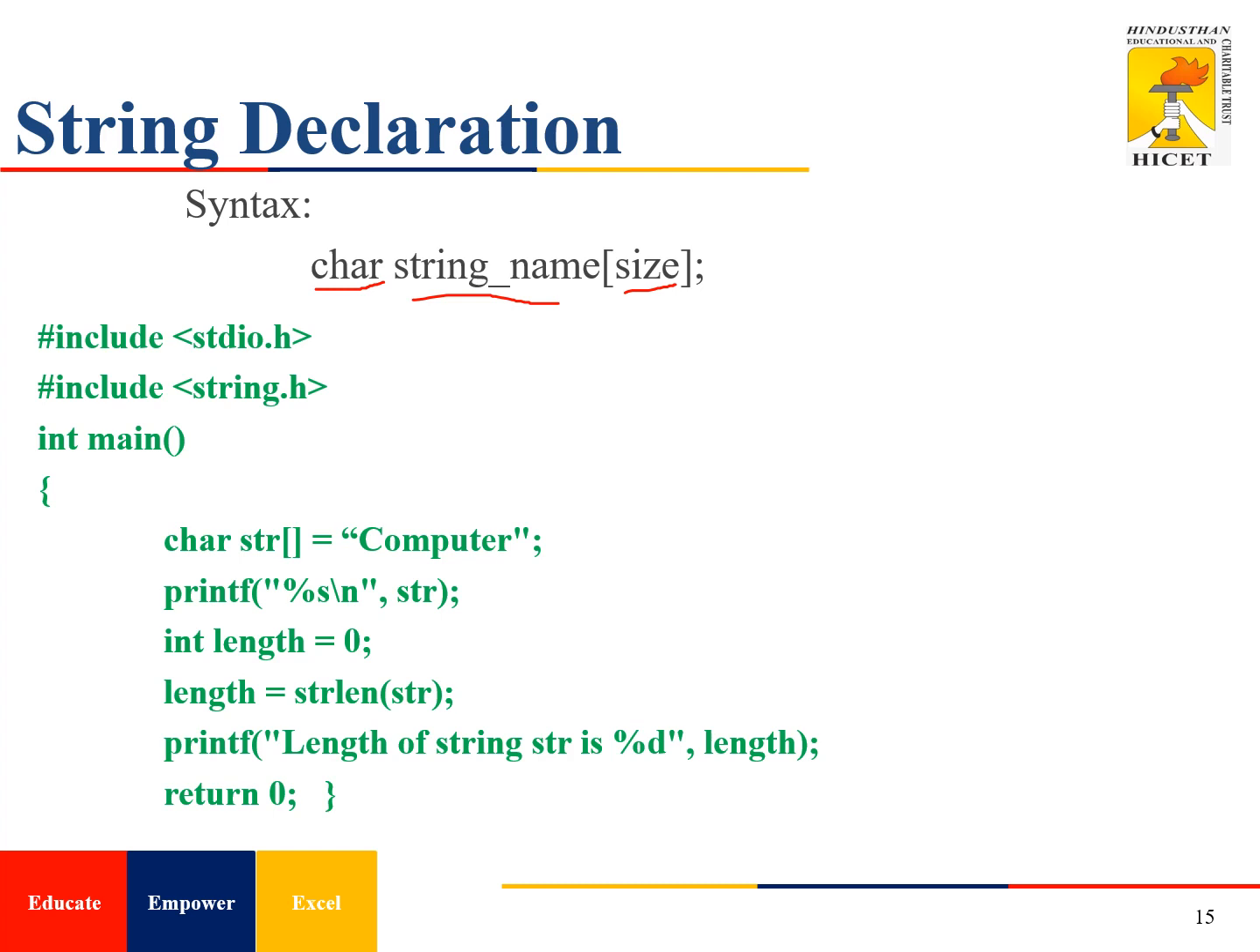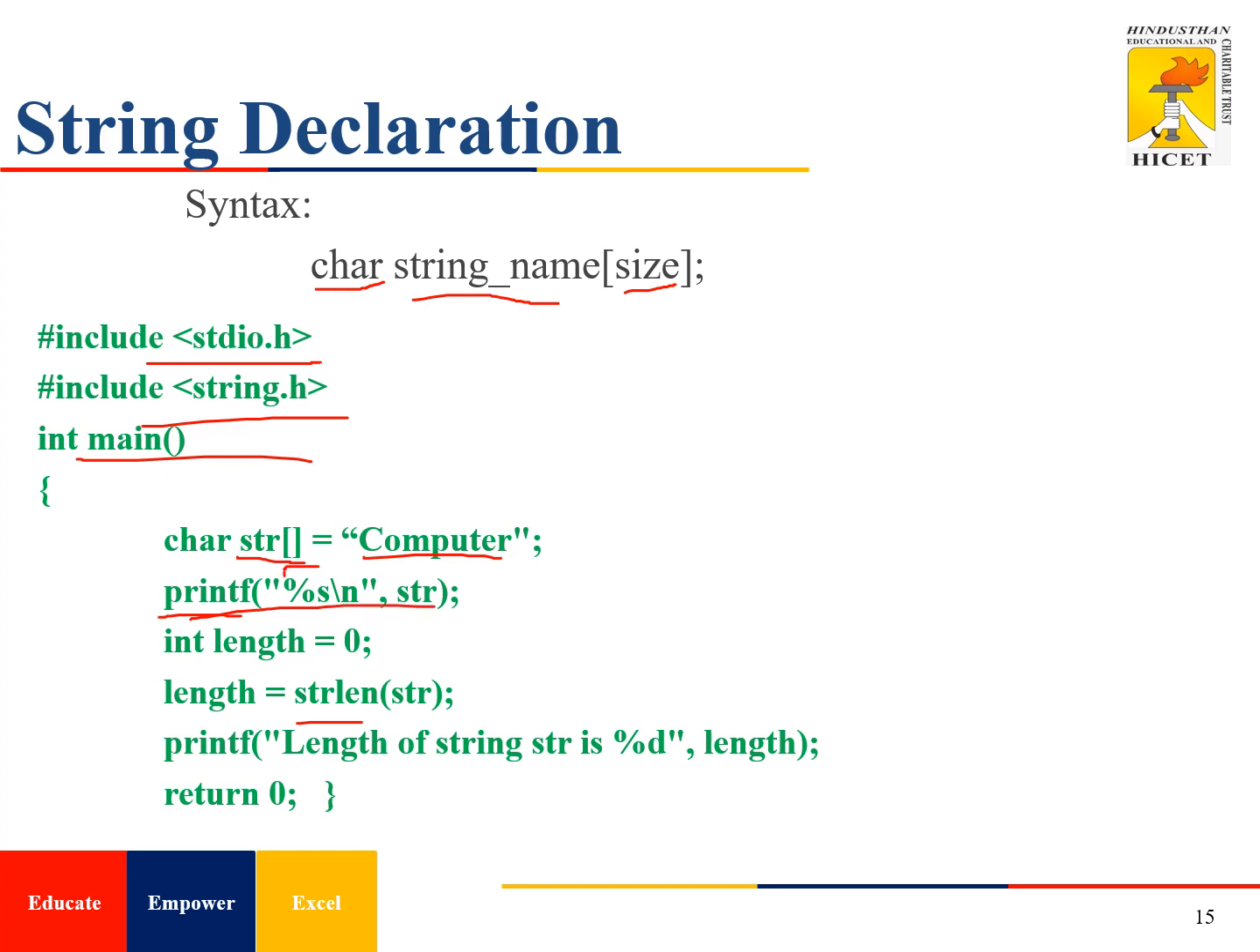so we need to mention a size in brackets. In the example program I include header files like stdio.h and string.h. stdio.h is the standard input output header file which is used to access things like printf and scanf, and string.h is used to access string functions like string length and so on. I'm declaring a main function, and declaring a string with the value "computer", and I'm printing that string using